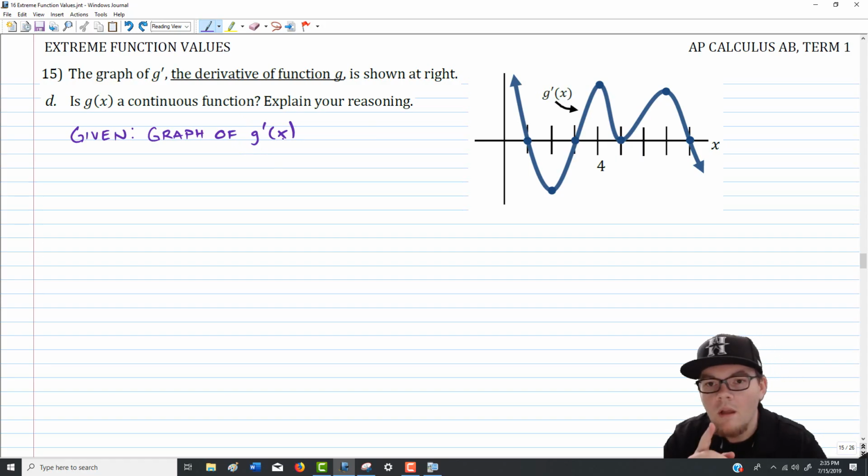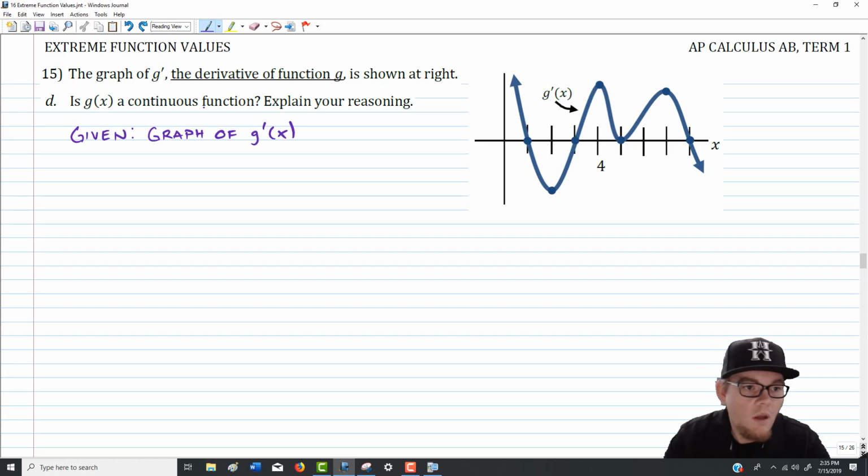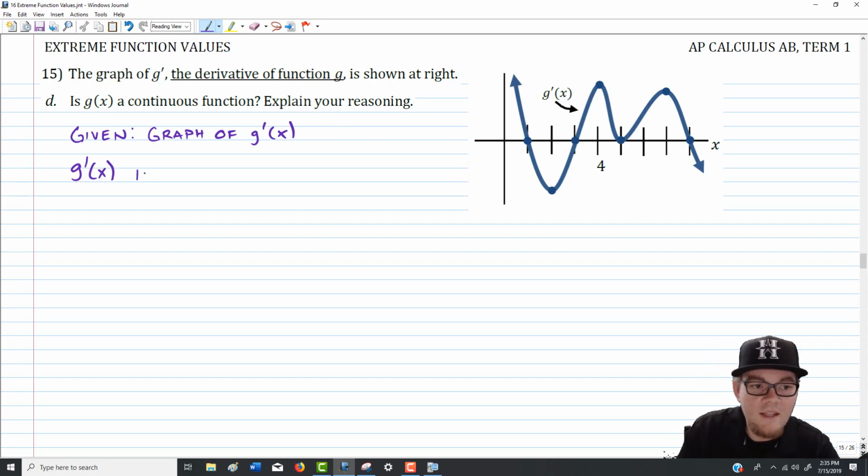We do. So now, what we need to figure out is, does that tell us anything about the function g? Well, what I notice is that the graph of g prime of x exists everywhere. There's no issues, there's no jumps, there's no holes, there's no asymptotes. And we can assume because of the arrows that this function behaves the same way out here, that we have a representative picture of the function. What that tells me is that visually speaking, it appears that g prime of x is continuous. So in fact, this will be my little proof here. g prime of x is continuous, based on the picture, of course. If that's true,